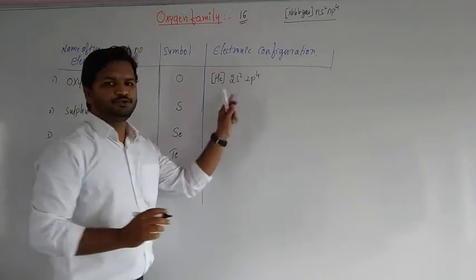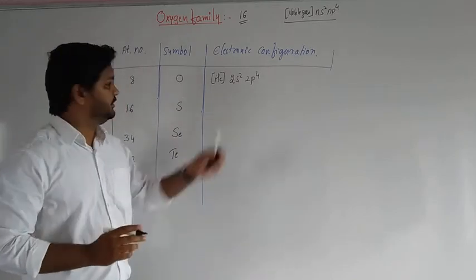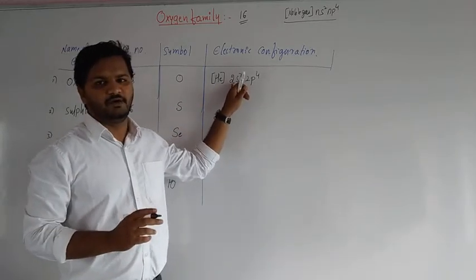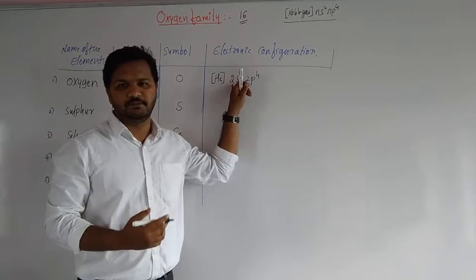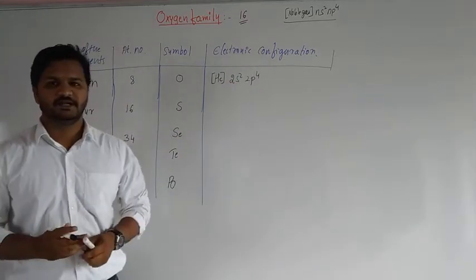Okay, 2s2 2p4. Why do we write 2s2 2p4? The principal quantum number n, why do we consider it as 2? Because oxygen is present in the second